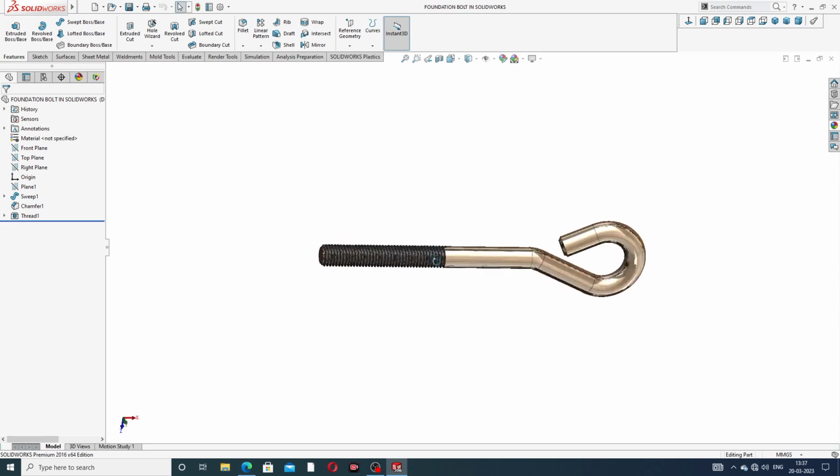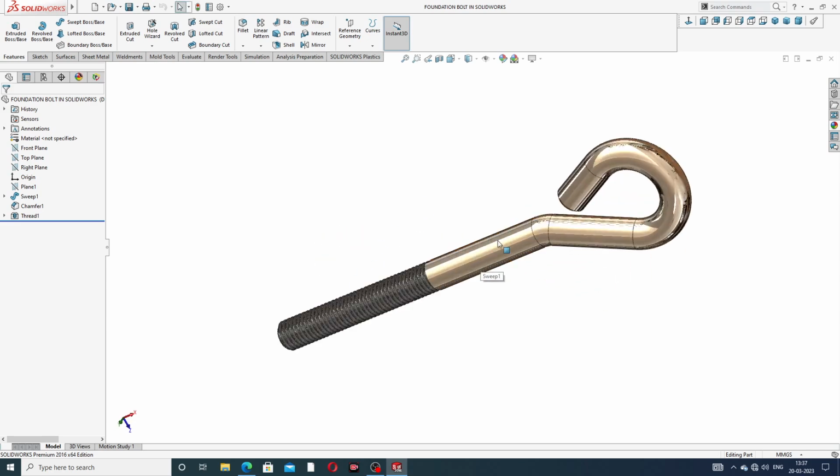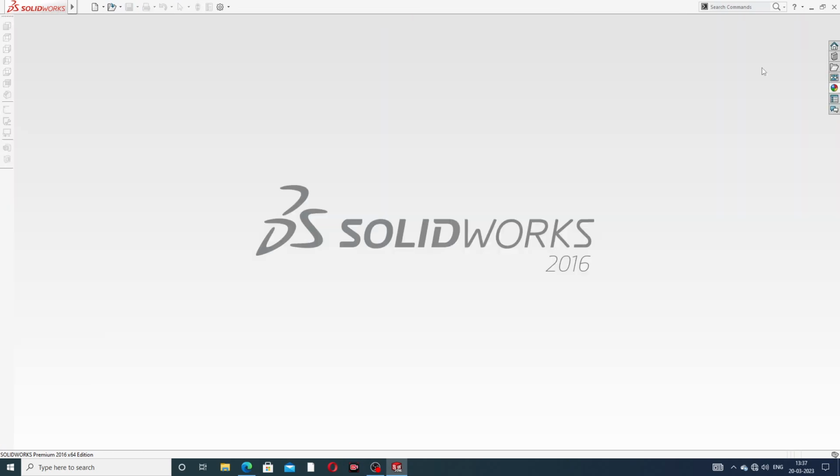Okay, today we will discuss how this body is designed, easily and clearly. Okay, let's start here. This body is designed. At first, select a part,